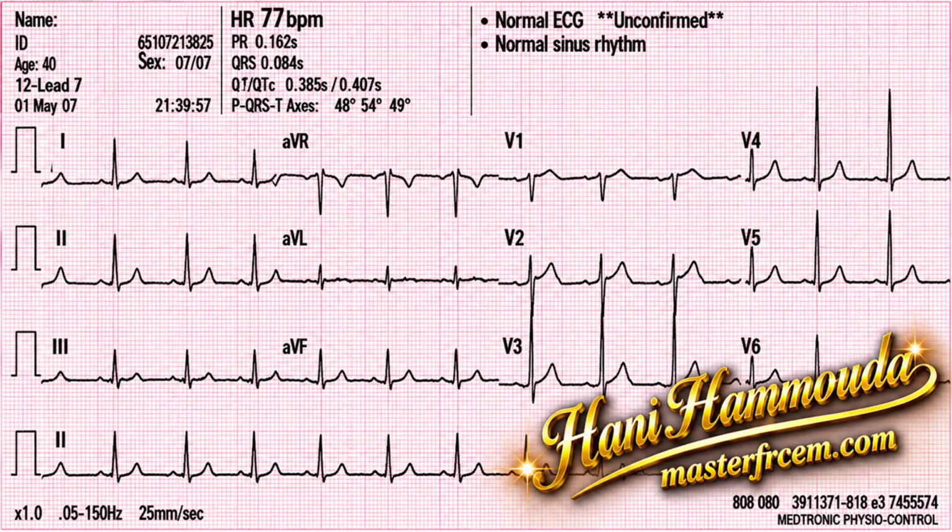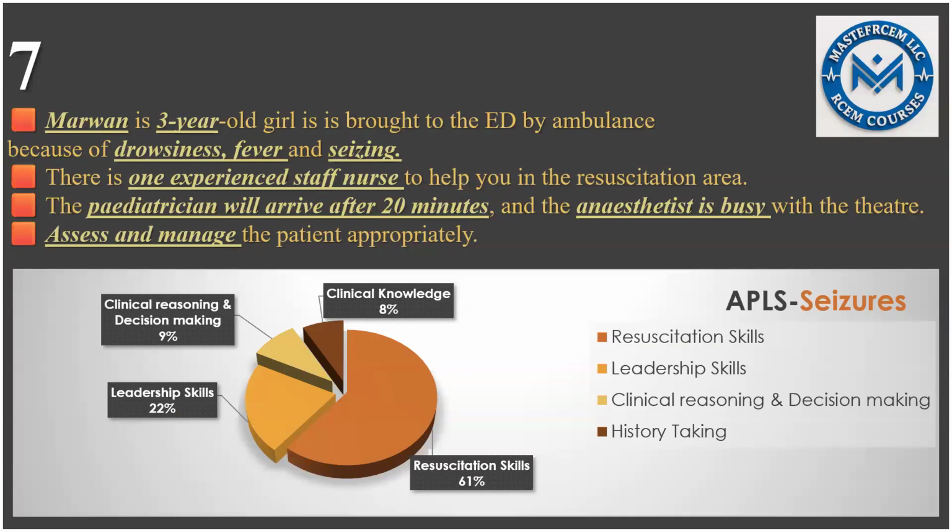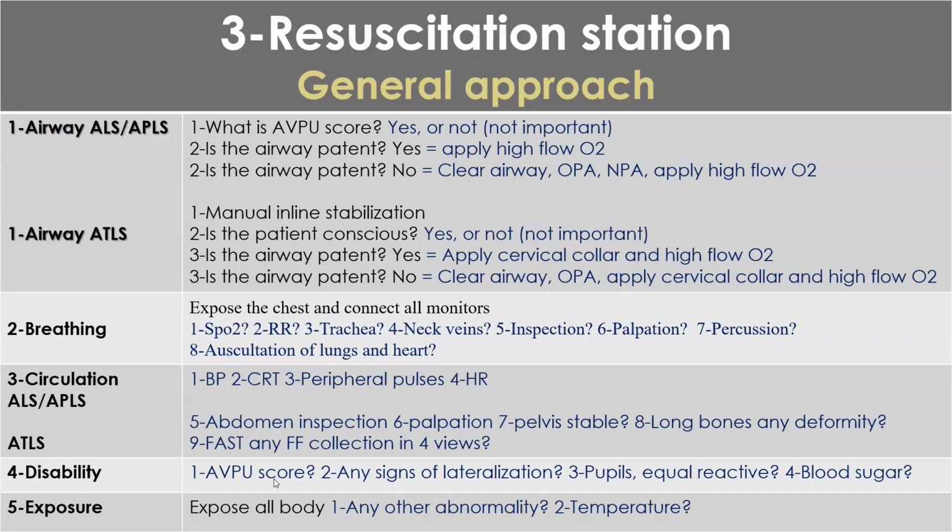Okay. Then you will give the patient fluids. In disability, don't assume the patient is still seizing. You said status epilepticus, and you are assuming the patient has seizures more than 5 minutes. Did you ask me? You did not. So you should ask me in disability, what about AVPU score? Is the patient still seizing? If I say yes, continue assessment. Don't stop. You should finish all the 4 points. The four points in disability, AVPU score is not enough.